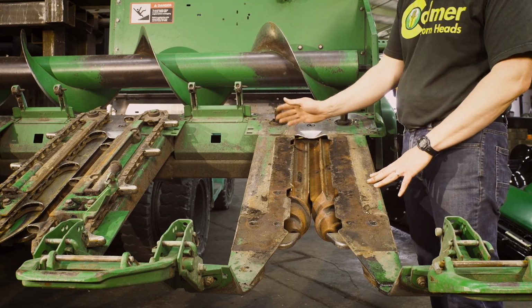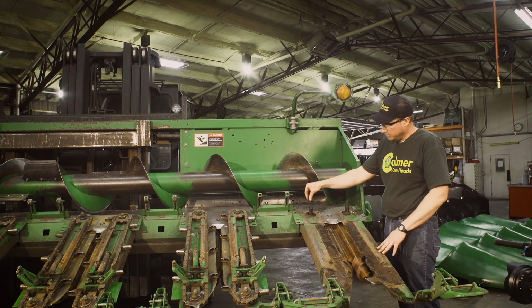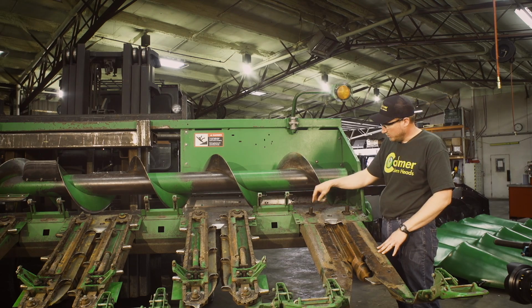All right, so now that deck plates are removed, chains and guides and sprockets are all removed, it's a good time to clean off the row units. We'll scrape those down, get them cleaned up. We also want to check the gathering chain drive shafts. We'll want to check the bushings to make sure they're still tight, and then we'll want to check the seal